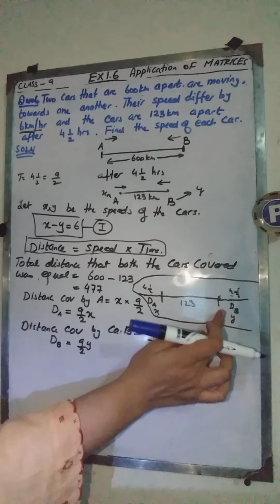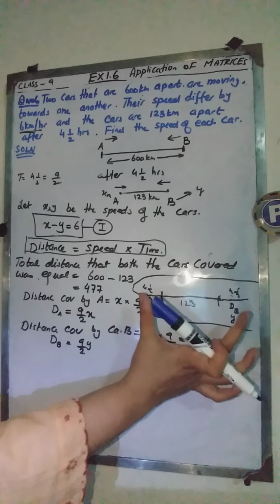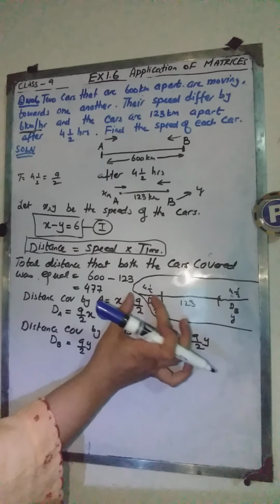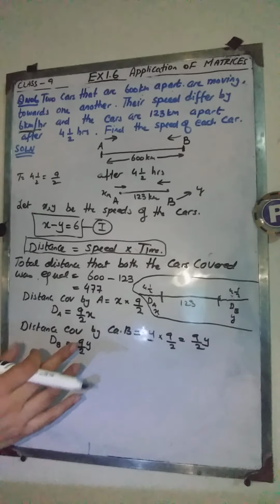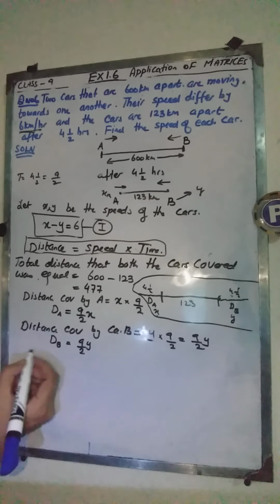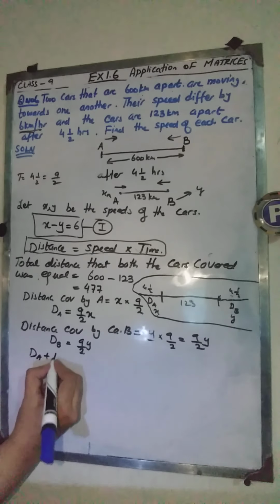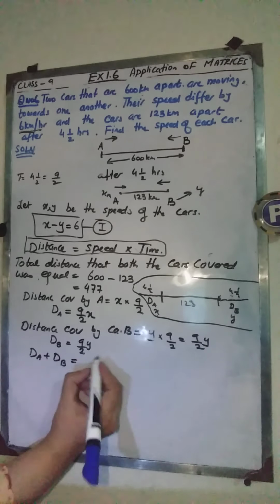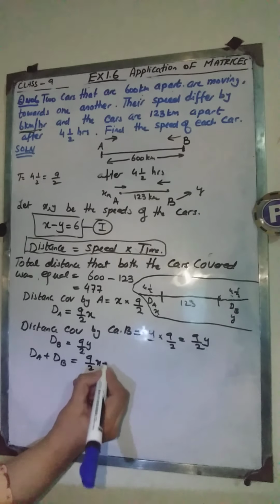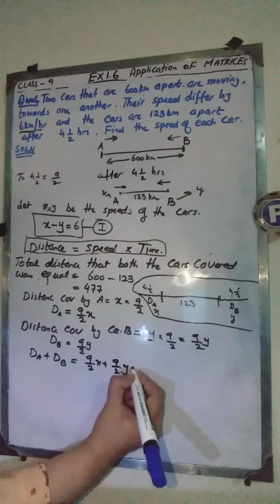Okay, so now the situation is, they are here, the distance between them is now 123 kilometers. So the total distance that they may have covered, this was 600, now they are left with 123. So these pieces must add up to give 477. So the total distance covered by both the cars will be dA plus dB, that is equal to 9 by 2x plus 9 by 2y. This is equal to